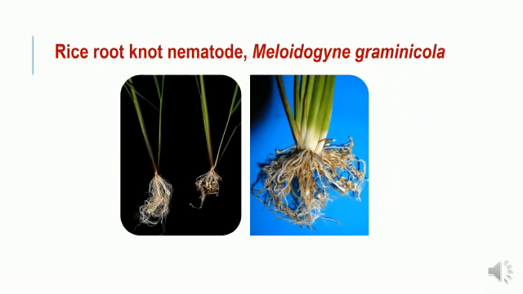Next is the rice root knot nematode, that is Meloidogyne graminicola. In rice, this nematode produces the characteristic symptom of hook-like galls on the root, which is clearly visible in the second picture. Newly emerged leaves appear distorted and crinkled along the margins. Stunting occurs in patches. Heavily infested plants flower and mature early with a reduced number of tillers.